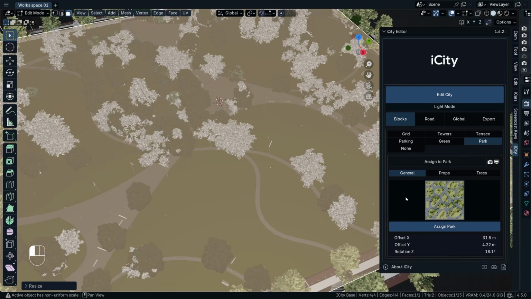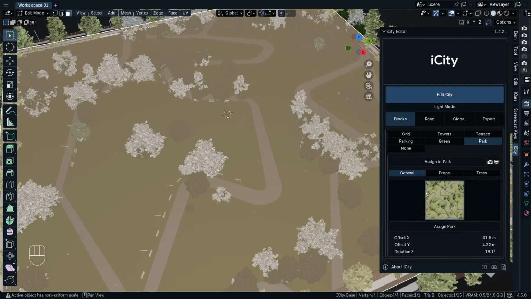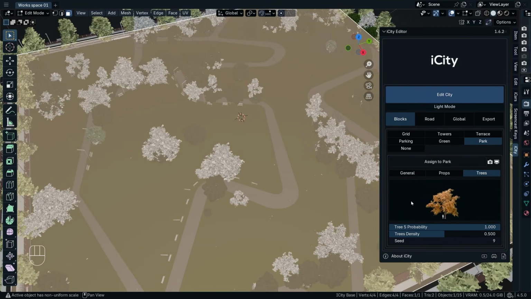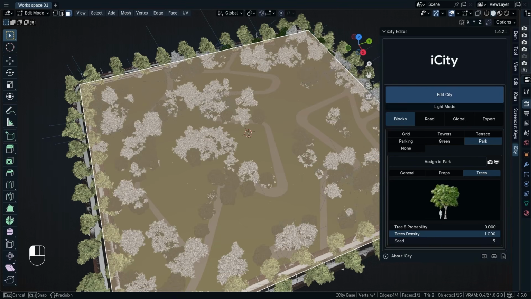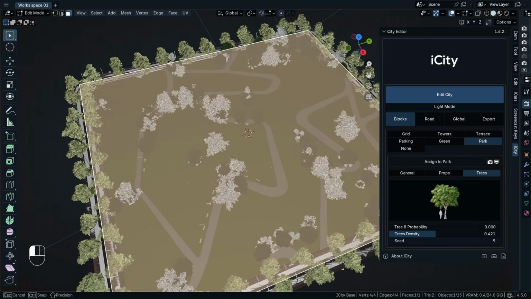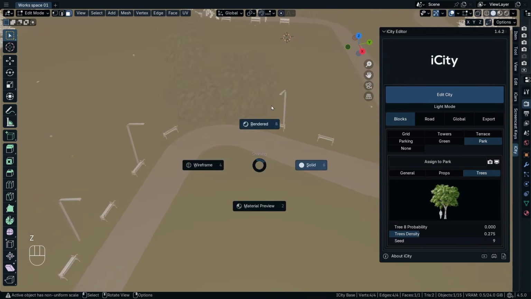You can assign this one, for example. Maybe you don't like it, then you just pick this one. You can just pick whatever you want. Then you have the trees, same as all the blocks. For example, you like this tree, just increase the probability. You hate it, kill it. Then you see that the park is very dense and you hate this, kill all the trees, or make it a forest if you want. And you have the seed. Then let me just decrease the density a little so we can have a look at this thing, which is the